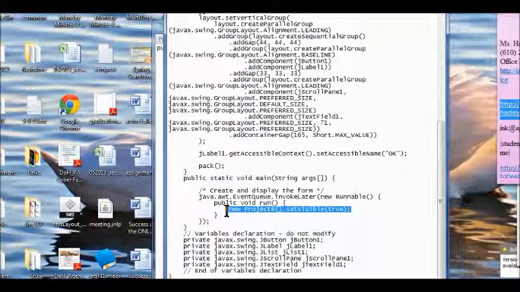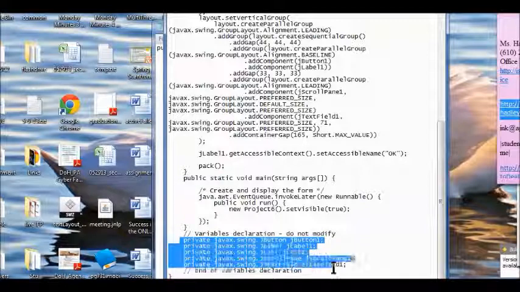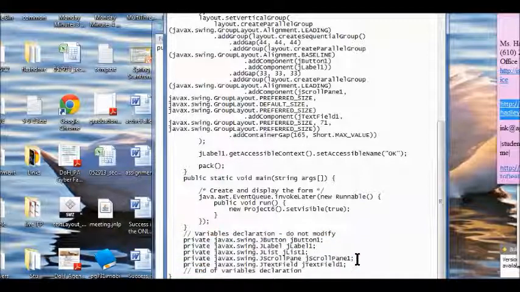Then set your project visible equals true, and then remember this little bit, okay? And then you just declare your variables, same as above. So when you run that,